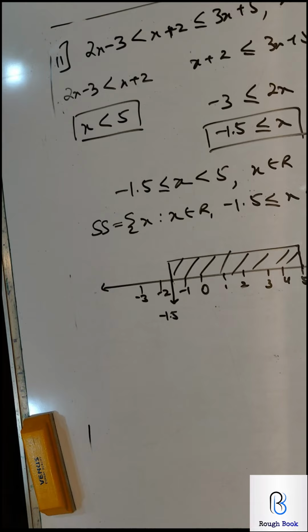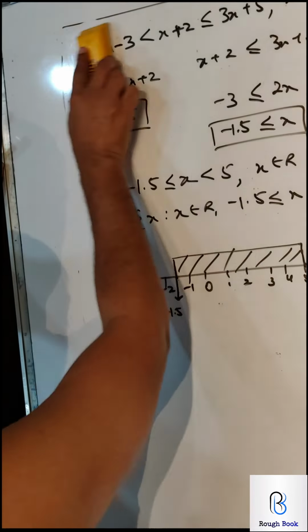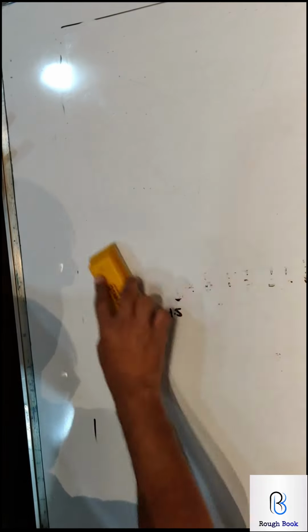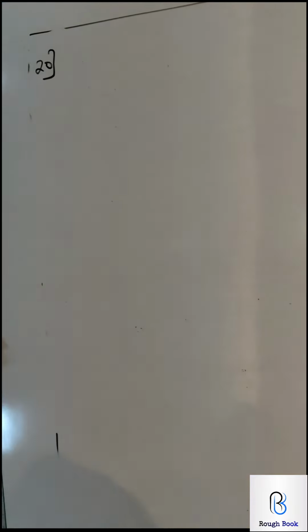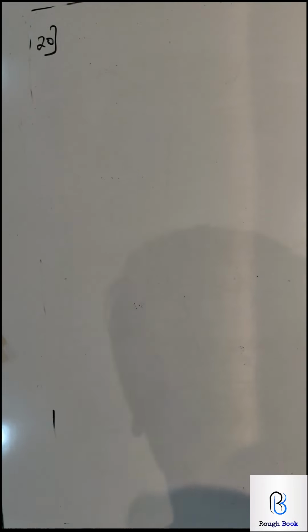I want you to directly go on to sum number 20. It's a good question for all of us to try out, because in this all the types of alphabets have been given, as in X belongs to W, Z as well as R. So try sum number 20. You can always pause the video, go ahead, see how much you can do without the help of the video, and then you can always come back. So try it please. 20th.